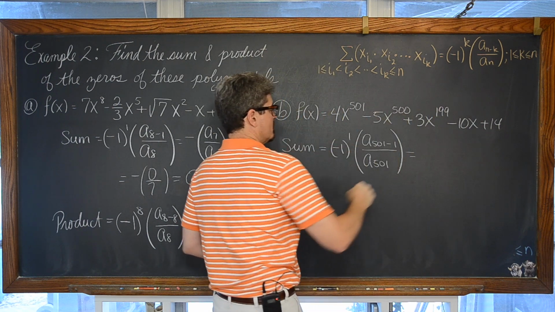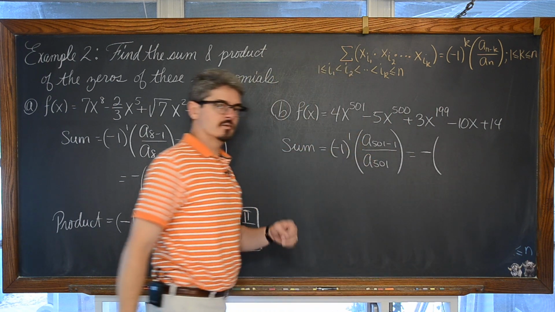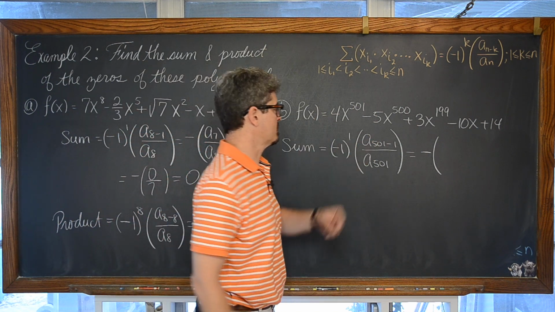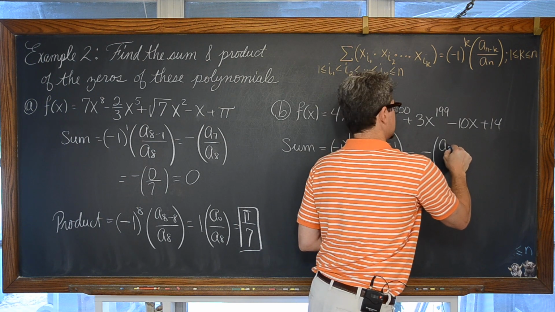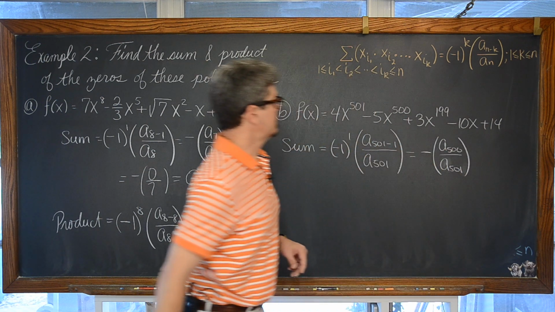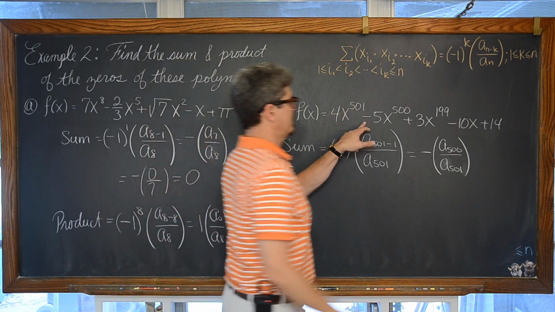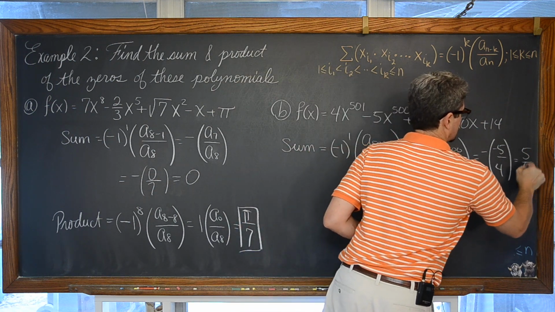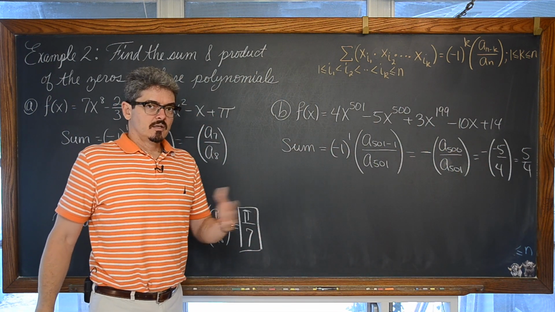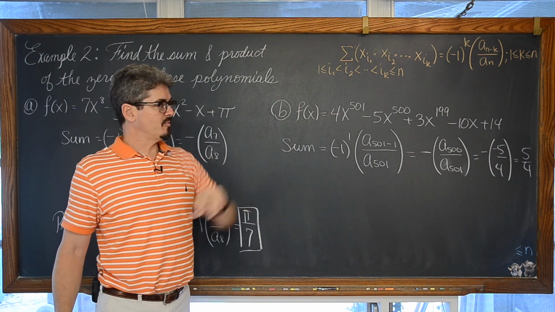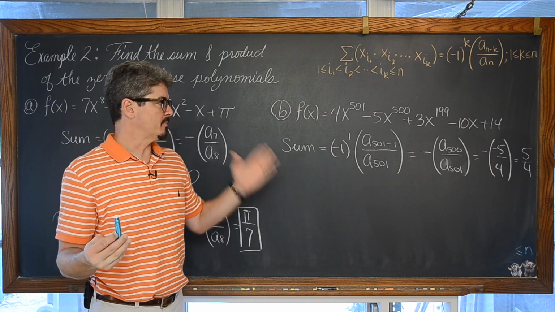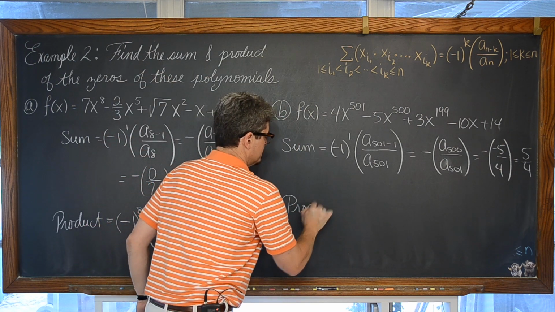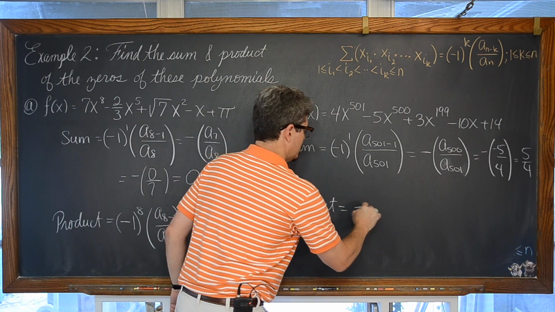So much nicer looking at this general formula and having one thing to memorize instead of your individual formulas for sum and product for quadratics and cubics and maybe 4th degree or something like that. It just gets to be a little bit crazy. So we're looking at the opposite of negative 5 over 4. I mean, come on, we just basically added 501 roots of a polynomial when we don't even know what those individual roots are, and yet we know the sum is going to come out to be 5/4. That's really cool.